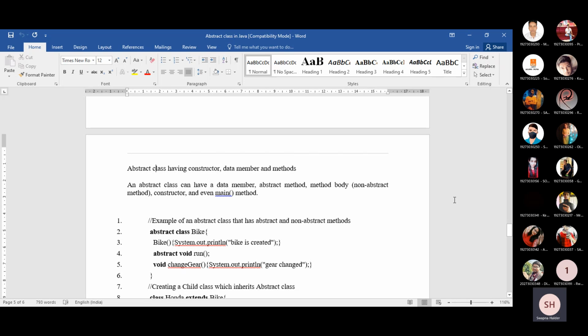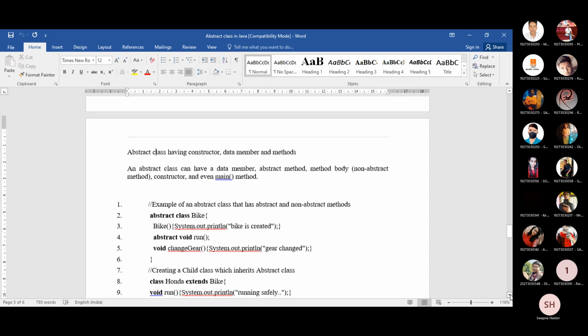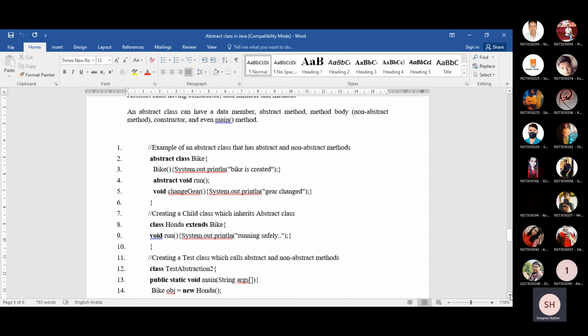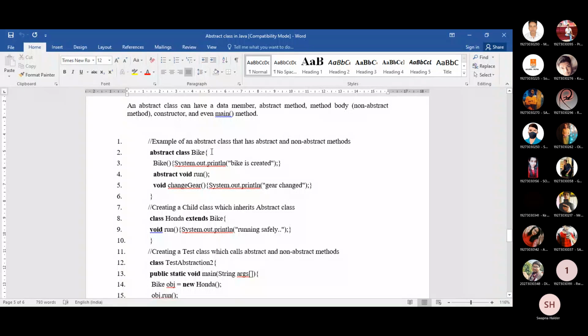Okay, so let's go for one example. Look at this. Here we are defining one class named Bike. Since we are defining one abstract method inside this class, that is void run, the Bike class is defined as an abstract class.